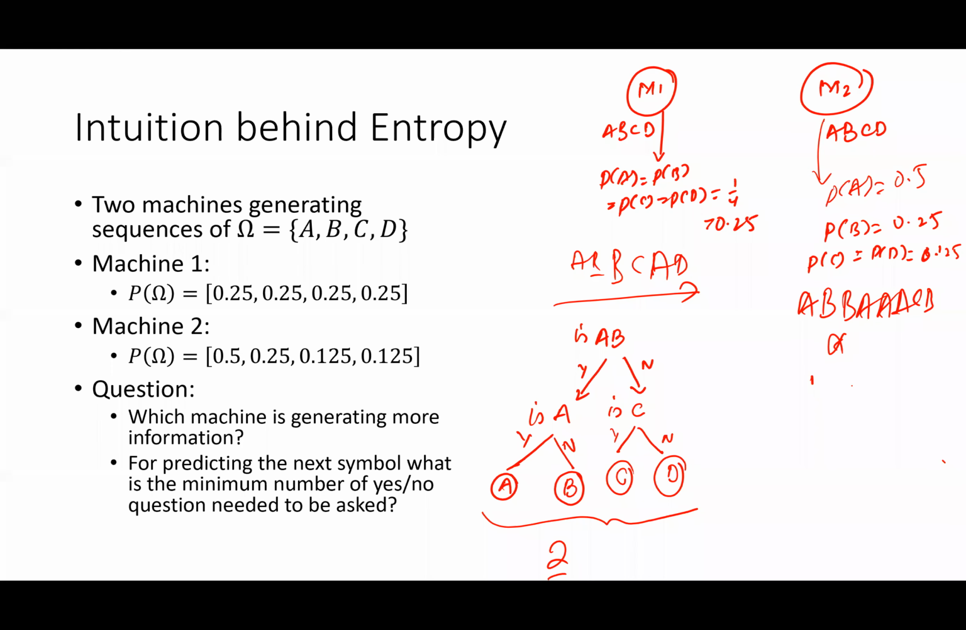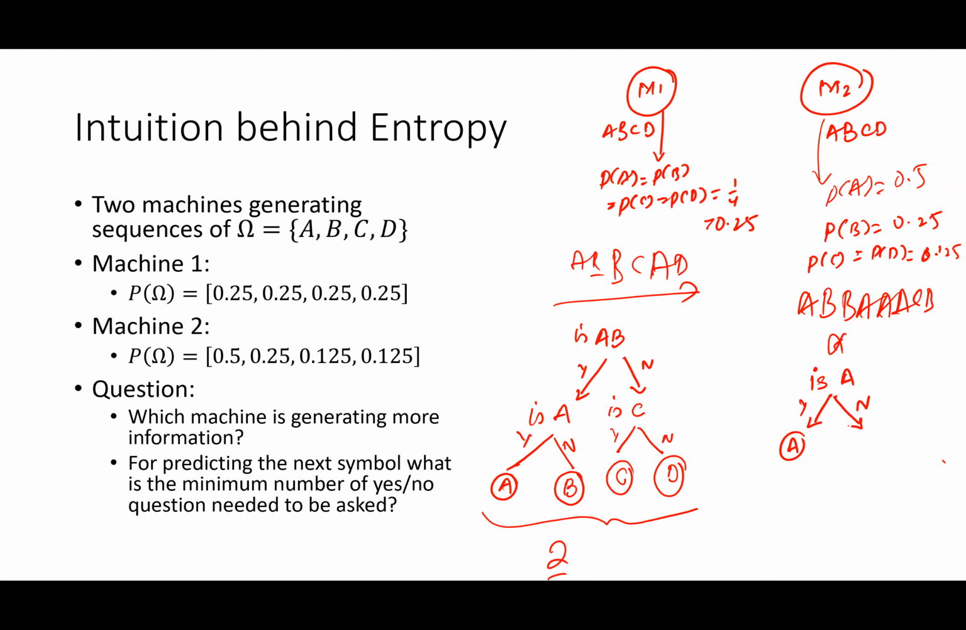So we say, is it A? Is the symbol A? If the answer is directly yes, then it's done, the symbol generated is A. And if the answer is no, then we know that it's either B, C, or D. Now we again follow the same strategy, and we saw that most of the times out of these 3,